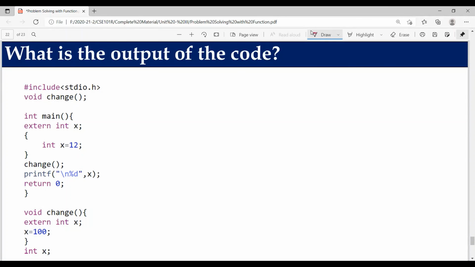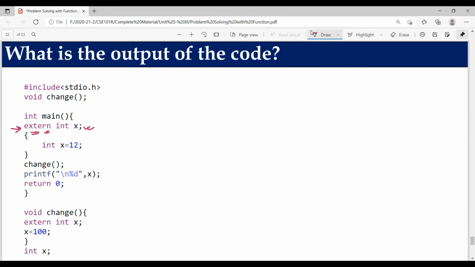Here you can see, inside the main method we have used the extern keyword. Extern means this variable is declared here, defined somewhere else, and it has external linkage, so it can be accessed from any part of the code. It stays present in the RAM until the execution of the program ends. Here it is only one file. This variable is declared as extern, but an extern variable doesn't get memory the first time the extern keyword is used. It means it is defined somewhere else. Extern means defined somewhere else.